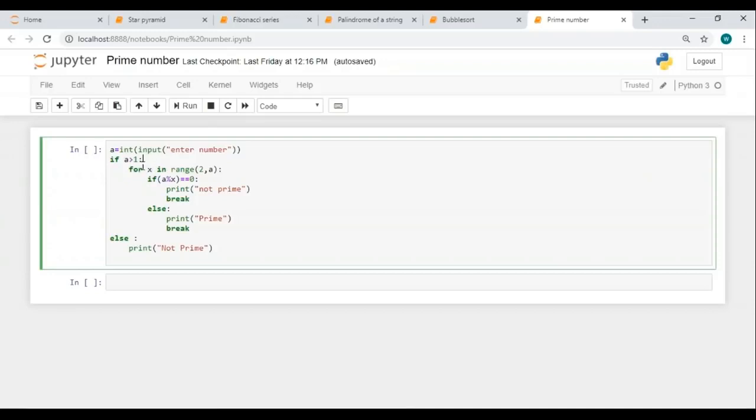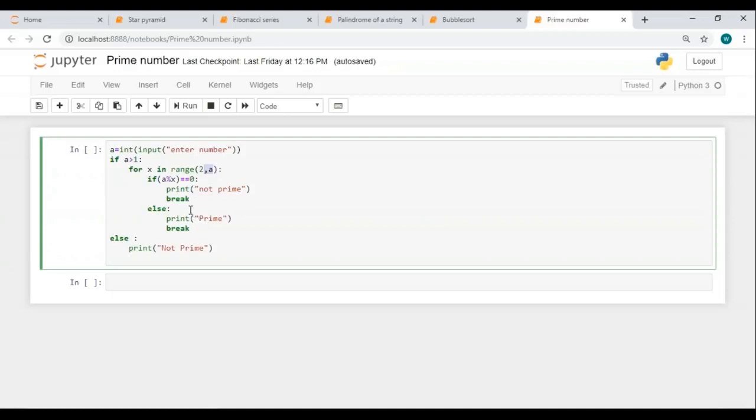The next line of our code contains a for loop. Before explaining this for loop, let me explain this range function to you all. The range function generates a list of numbers and allows us to iterate over them. Over here, as you can see, my first parameter is 2 and the second parameter is a, which is the number entered by the user. I've used 2 because I want the range function to start generating numbers from 2 and stop at a. Now for every element present in the range of 2, a, if that number divides a and the remainder is 0, then a is not a prime number, else a is a prime number.